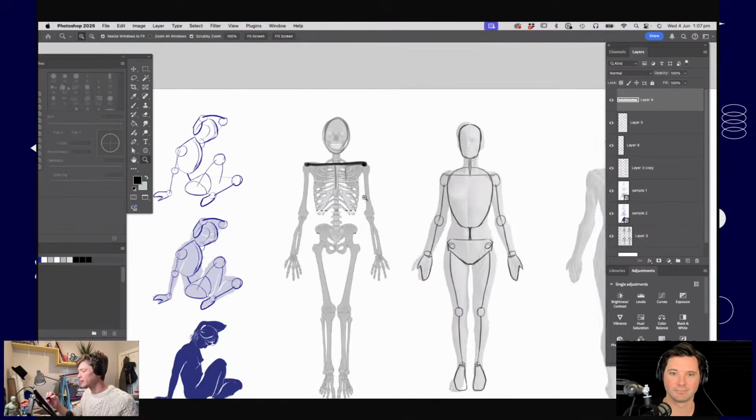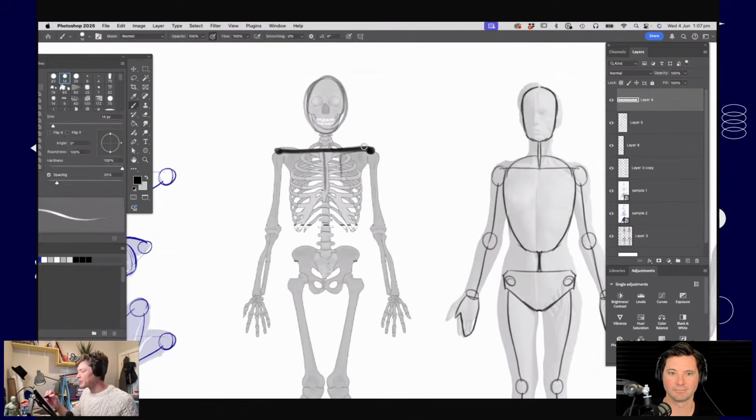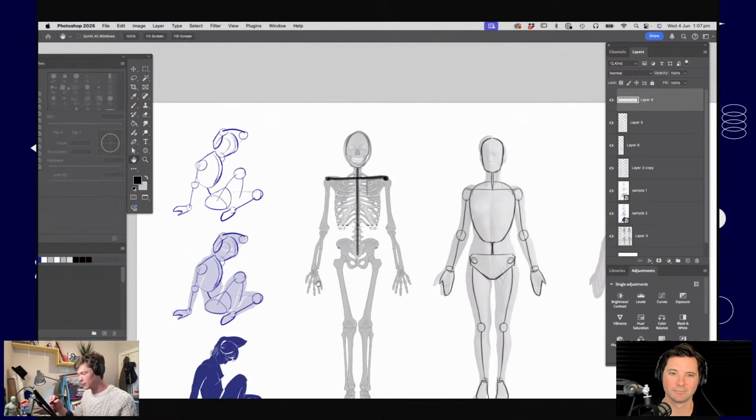So if we imagine a line there. That's, I'd say, the second most important line, but the most important line is just one down the middle for the spine. This is the main thing that dictates how a body moves. So we're going to think about the core of our drawing as a line for the spine, and a line across the top of the shoulders. And that'll be the basis for most of our drawing.